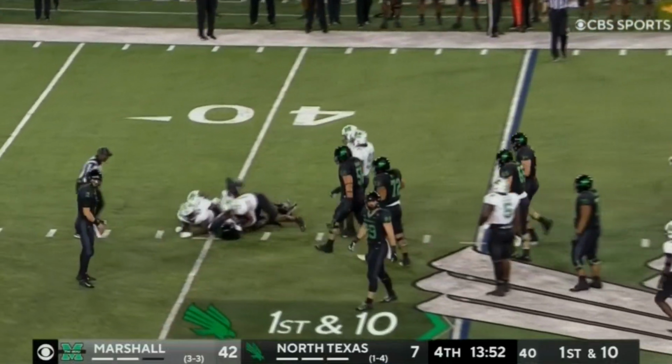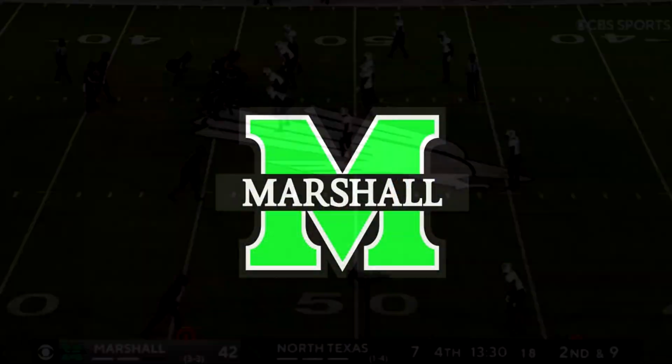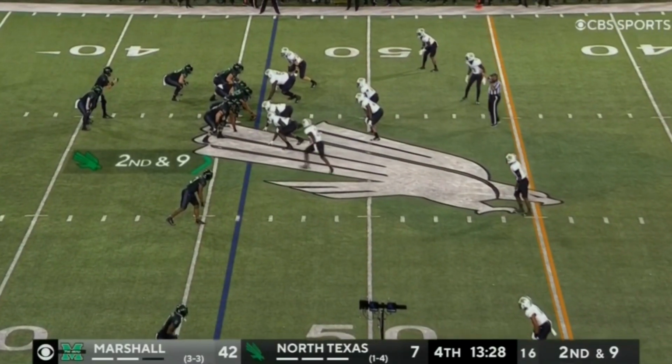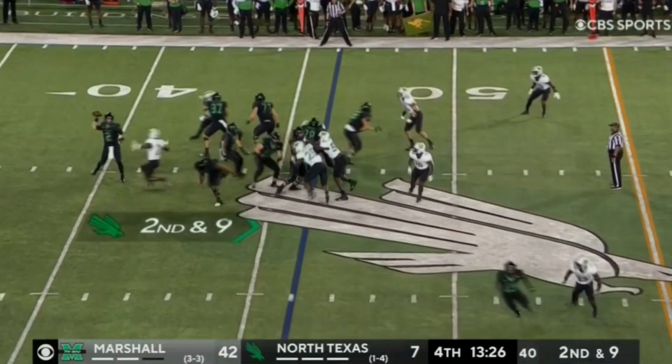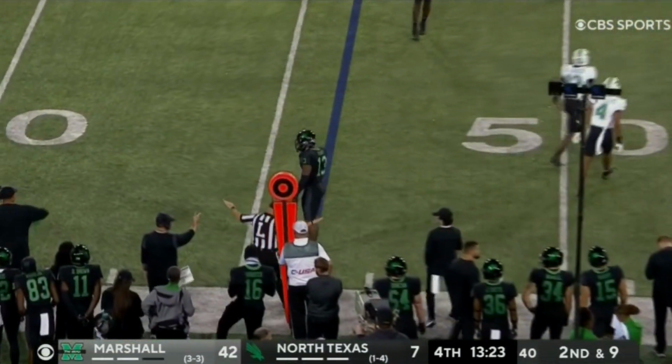Not going to go much. Off guard, but they haven't. They stuck to their normal offense. Well, and remember, they've also already made a quarterback change because it wasn't going well with Chase Ruder the first